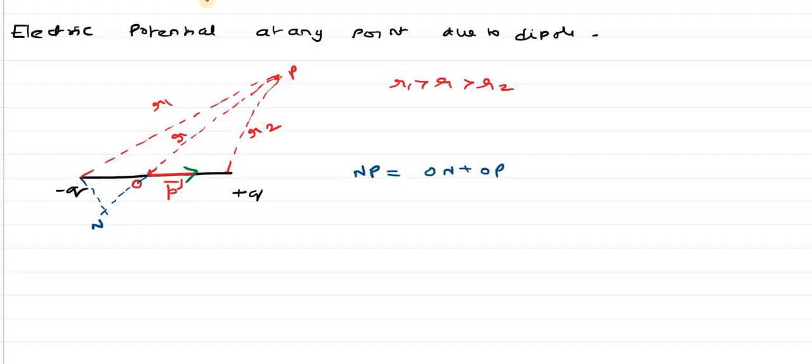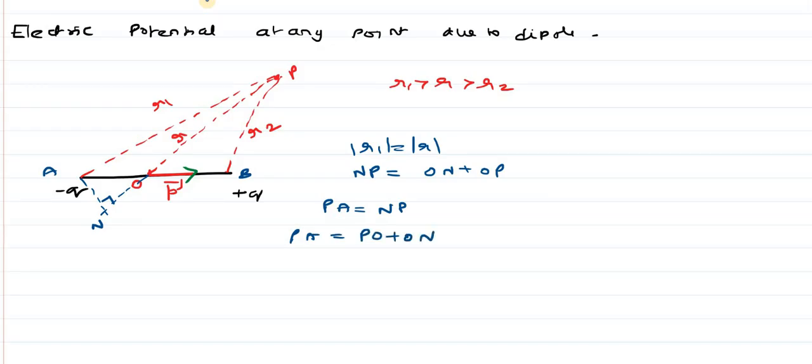ON plus OP, right? So with the extension, I can make the magnitude of R1 equal to the magnitude of R. Okay, so now what I can do here, this is P, A, B, you take it. Okay, now PA can be written as what? PA can be written as NP because I have made them equal by drawing a perpendicular. So PA can be written as what? It is equal to